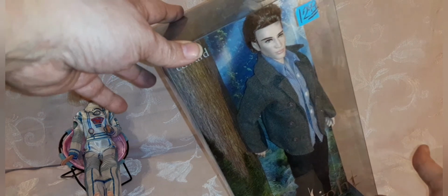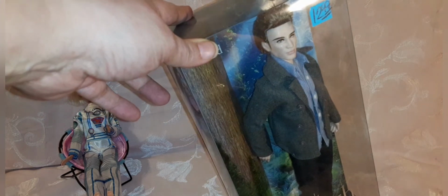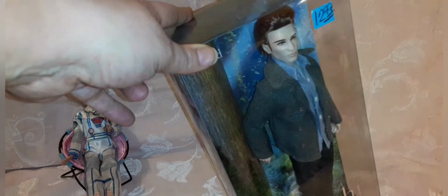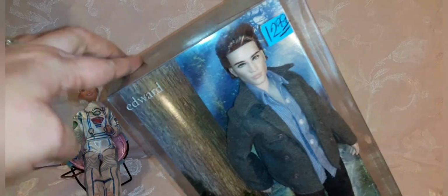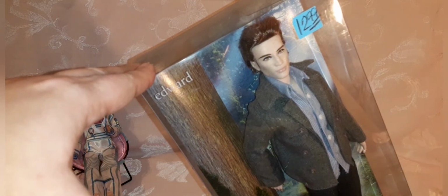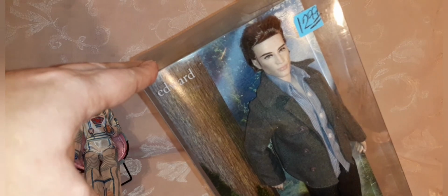So anyway, I think it was at the same thrift store, but last summer. Not last summer, but the summer before last. Whatever. Anyway, I'm not crazy about the doll, to be honest. I really liked Esme, because she really did look like the actress to me. This doll doesn't look anything like Robert Pattinson to me, which would have been really cool if it did, but it doesn't. I don't think it's an ugly doll, or it's not really displeasing to me in any way,